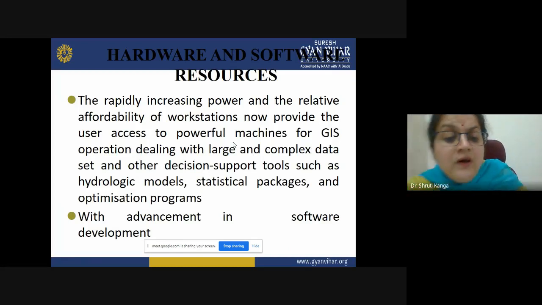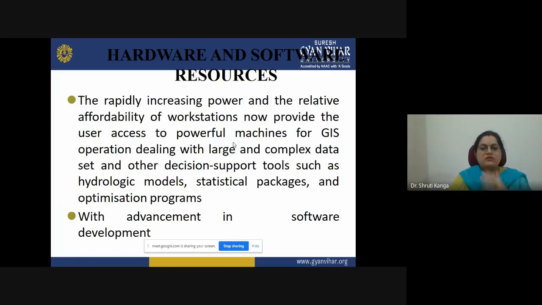Then we have different kinds of models, statistical analysis, and other applications related to data analysis.